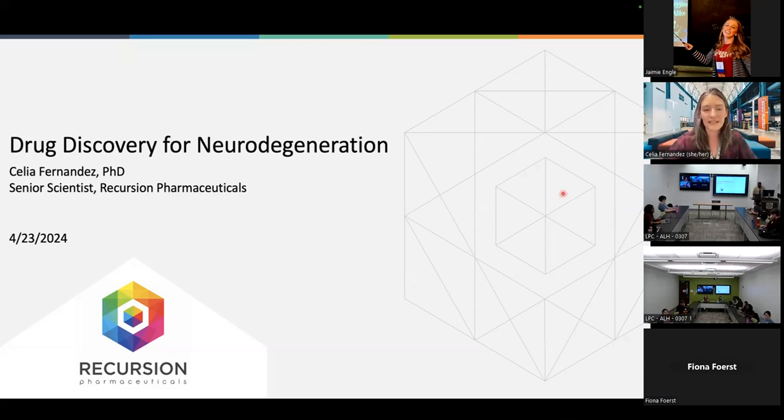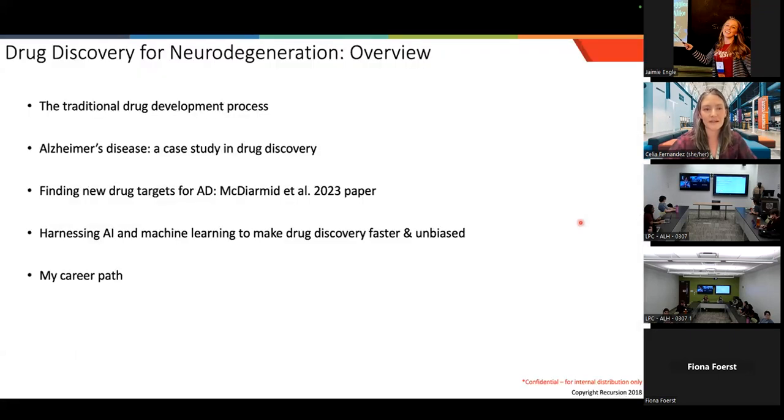So yeah, today I want to give just a really basic overview of what the traditional drug development process looks like. I'm not sure this is ever explained in any sort of formal setting necessarily, and so that's also why I like to go through this. What does it actually mean to work at a pharmaceutical company? What is drug development? So we'll do just a few slides overview on what that is.